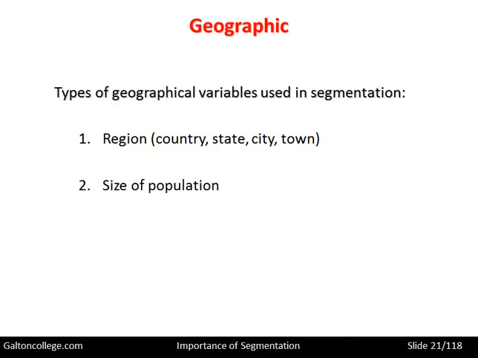Look at the size of the population. It's important to understand what the potential market is. It's important to understand what the likely market is going to be, not just the potential, which may be a total view of the possible market, but the actual potential. What's likely to come in? What's likely to result in sales in the next year or the next 3 years?